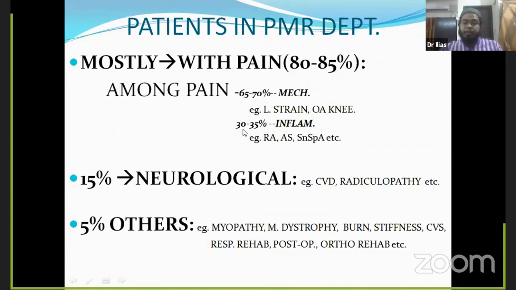And the rest of the patients, accounting for 30 to 35% of the total cases, come with inflammatory pain. The inflammatory pain comes with resting, or whenever the patient goes for nighttime sleep. In the late part of the nighttime sleep, that pain will be of an extreme level, and the patient will feel pain after resting. And whenever the patient gets up from sleep, that time the patient will feel the most pain, and the pain will go off after doing some mechanical activities. Whenever the patient moves from here to there, the pain will go off. So these are the features of the inflammatory pain.